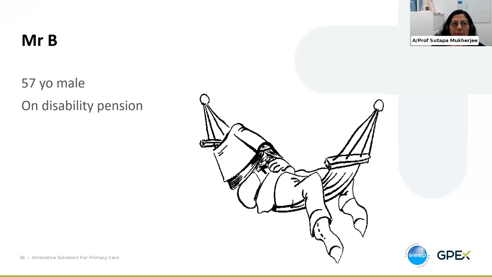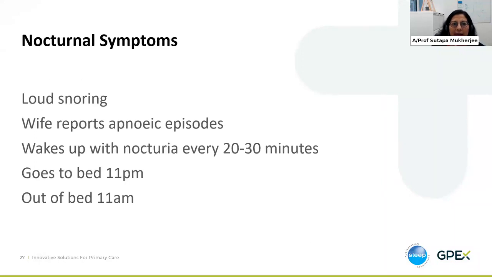So a typical sleep apnea patient, 57-year-old man on a disability pension, and he had quite significant symptoms of loud snoring, and his wife had observed apneic episodes. He was waking up with nocturia every 30 minutes or so. He was in bed for 12 hours, so going to bed around 11 and getting out of bed at 11